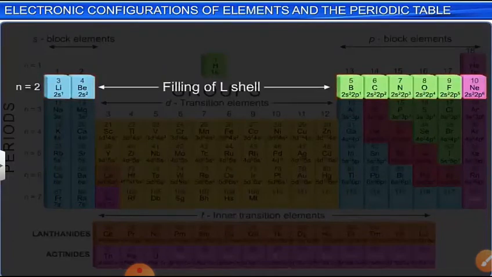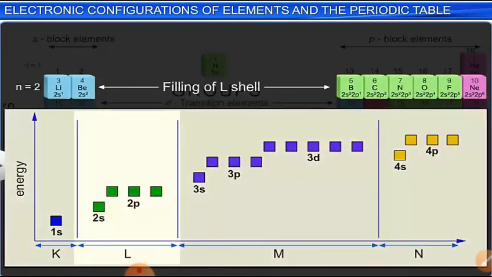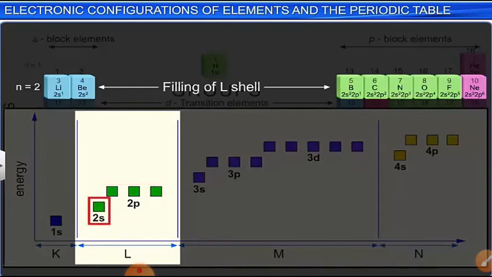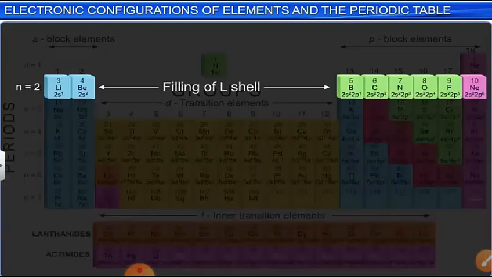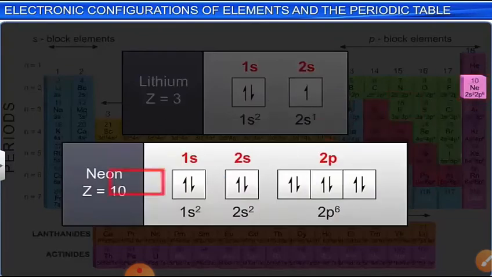In the second period, the L shell will be filled with n equal to 2. The second shell, that is L, capital L, has 4 orbitals, 1 orbital of 2s and 3 orbitals of 2p. So a total of 8 electrons will be filled. So we have 8 elements in the second period, for which the second shell will have 2 subshells, 2s and 2p, and the electrons will enter the second principal quantum number. So the configuration for lithium is 1s2 2s1, and it goes to neon with 1s2 2s2 2p6.